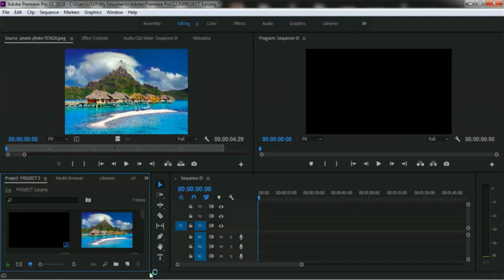Hello everyone. In this project we will learn how to add video transition to image in Adobe Premiere Pro Creative Cloud. So let's take a look at how to add video transition to image in Adobe Premiere Pro Creative Cloud. Here is some JPEG